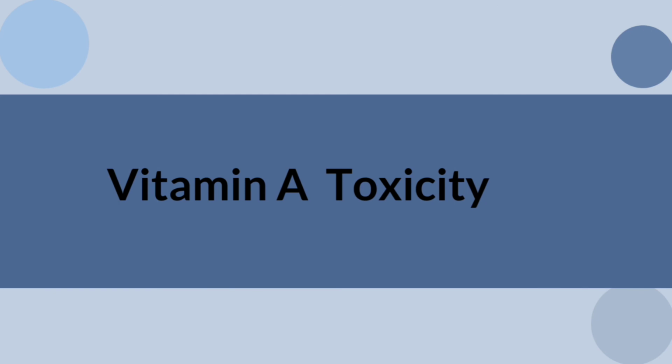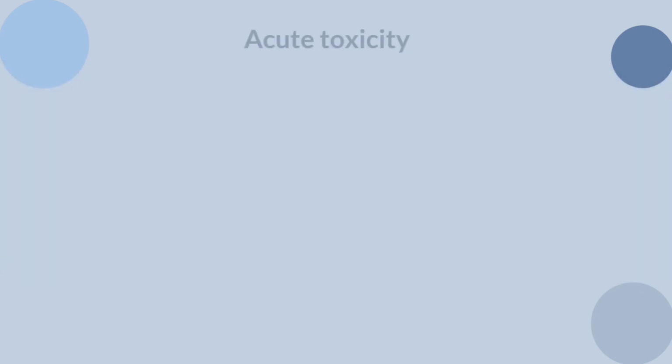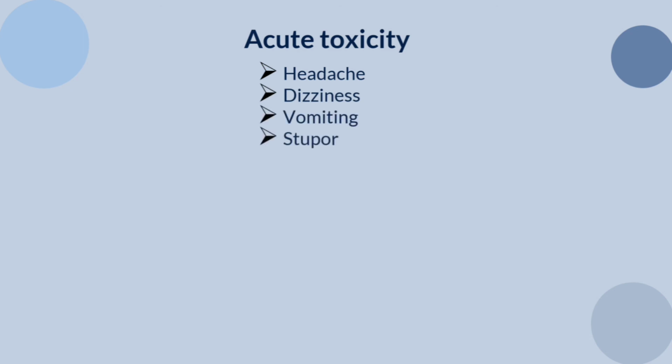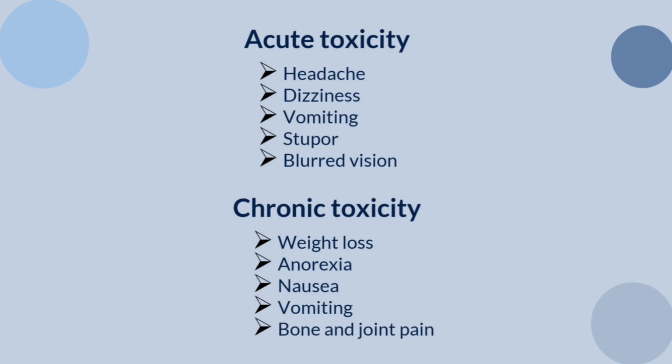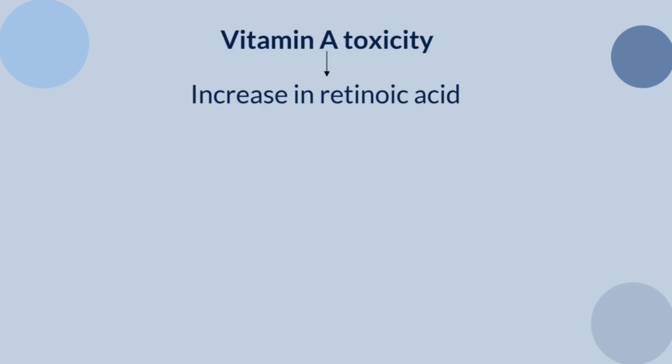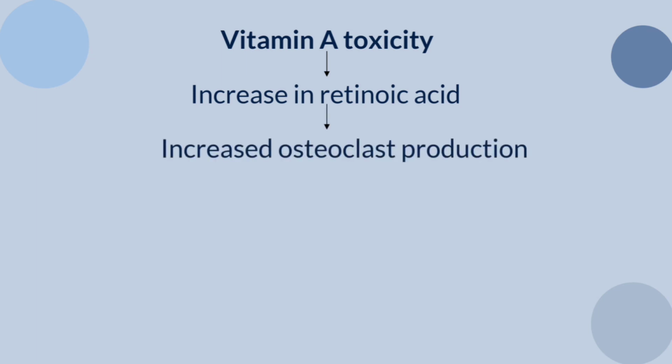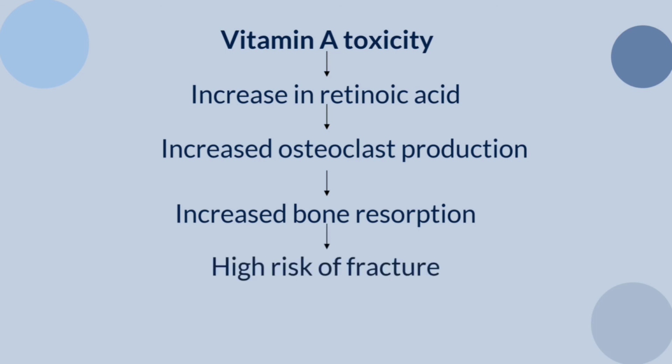Finally, vitamin A toxicity. Acute toxicity of vitamin A causes headache, dizziness, vomiting, stupor, and blurred vision, whereas chronic toxicity causes weight loss, anorexia, nausea, vomiting, bone and joint pain. In vitamin A toxicity, there will be an increase in retinoic acid. This causes increased osteoclast production, whereas these osteoclast cells increase the bone resorption, which results in high risk of